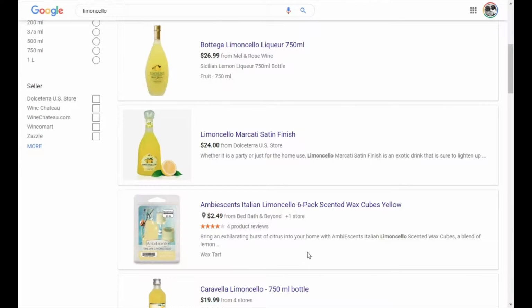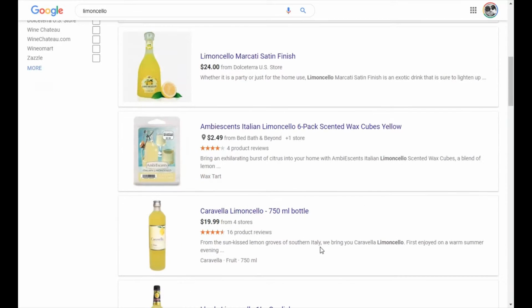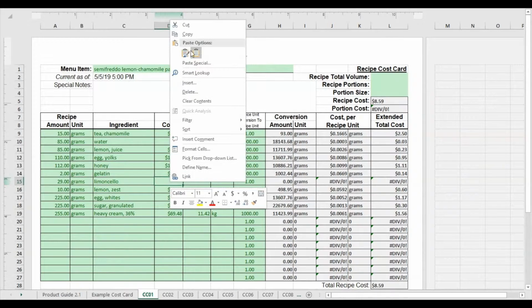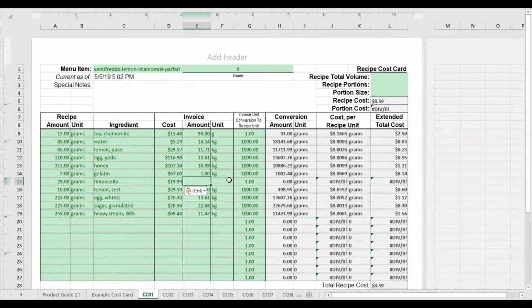So we have down here $19.99, that looks solid. You have a 750 milliliter bottle. Given that limoncello is going to be approximately the same density as water, we can make the assumption that 750 milliliters is 750 grams as well. So we're going to use that information, $19.99, we'll copy that, and we're going to apply 750 grams of this to our cost card. So paste this in there, $19.99 for 750 grams,